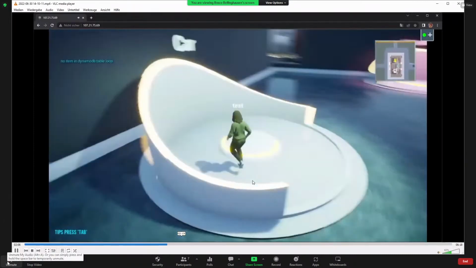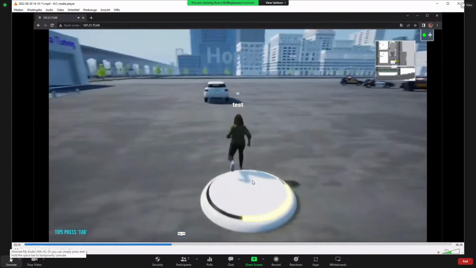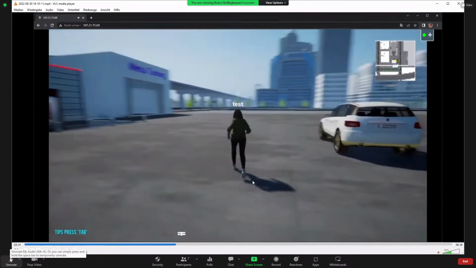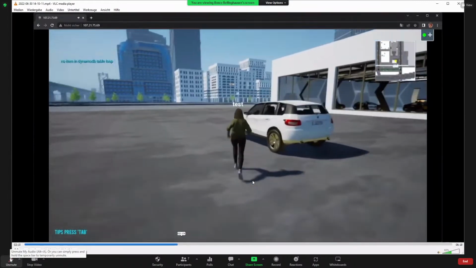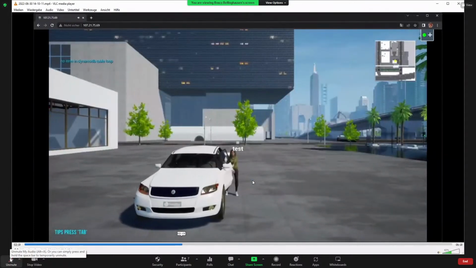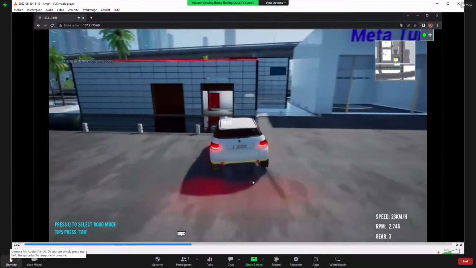And just to show you the performance, for example, you can ride cars, customize cars, do racing stuff. Just to show you that, as I said, this is really pixel streaming live, and you see there's almost no latency at all.